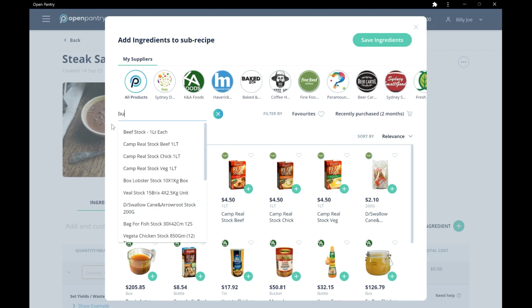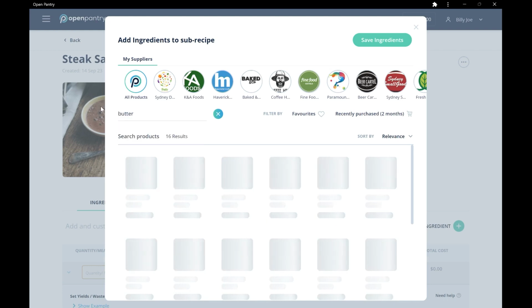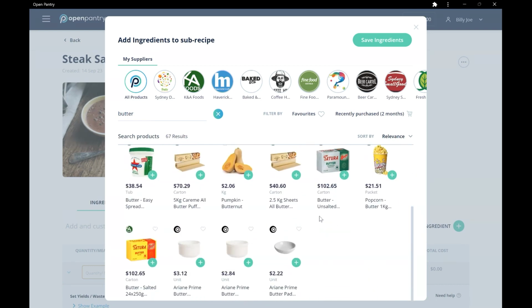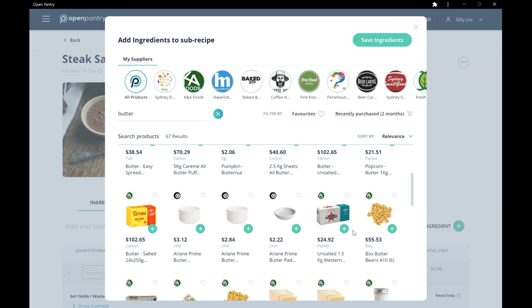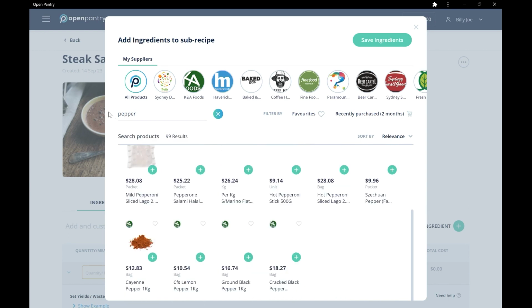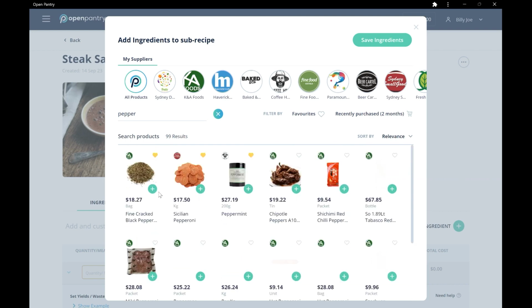Let's add some butter, unsalted, 1.5 kilos. That's what we want. And some pepper. Now, obviously, there will be more ingredients, but for simplicity, I will show you what it looks like with 3 ingredients.